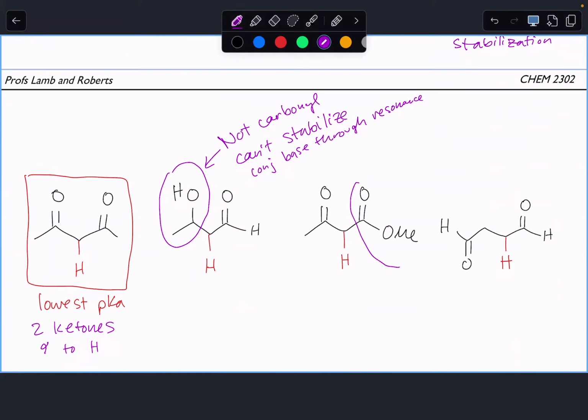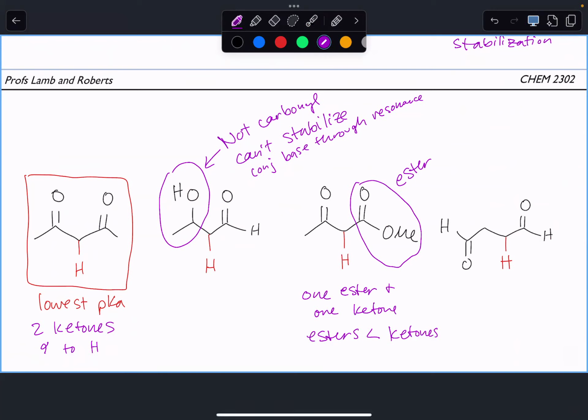The next one, this is an ester, right? And we said that we have one ester and one ketone. And we said that esters are not as good as ketones at stabilizing a conjugate base. Therefore, it's not going to be as good as two ketones. Okay. And then the last one, yes, there are two carbonyls, and yes, they are aldehydes, but these two things